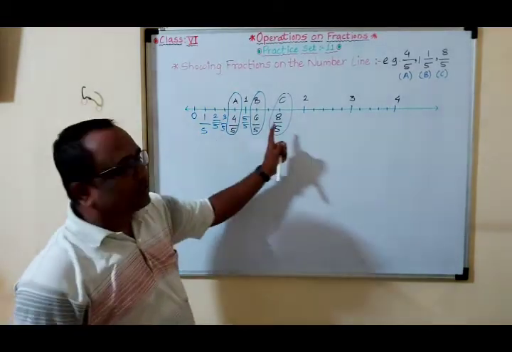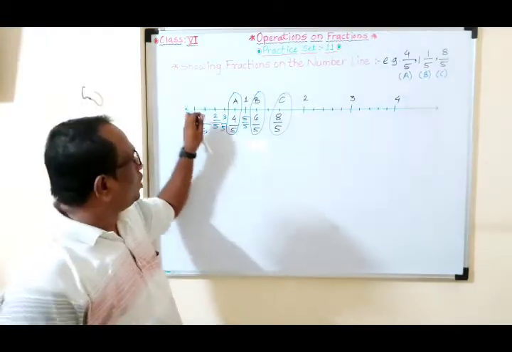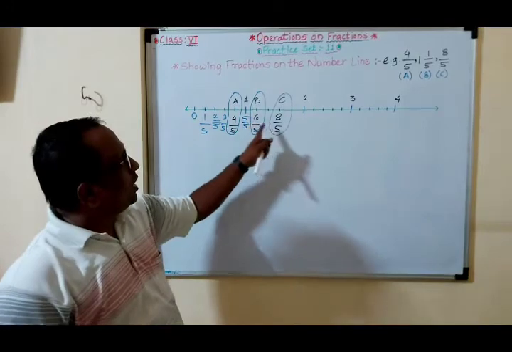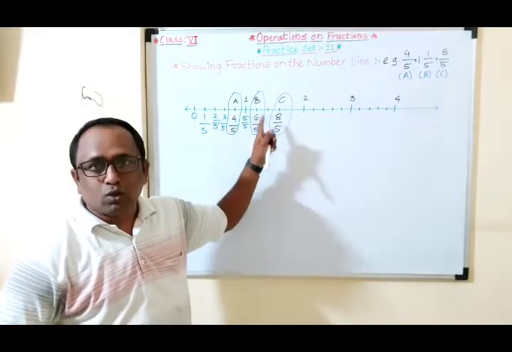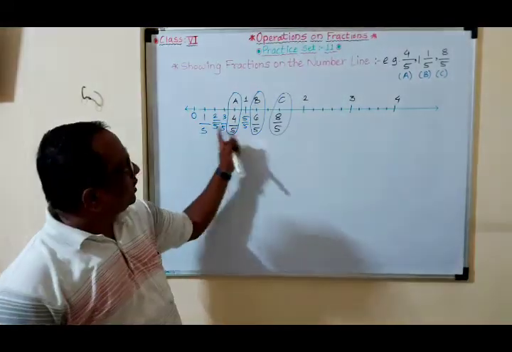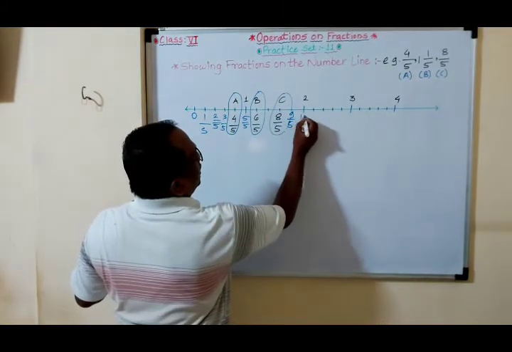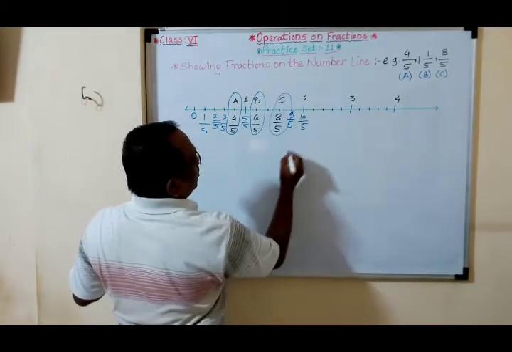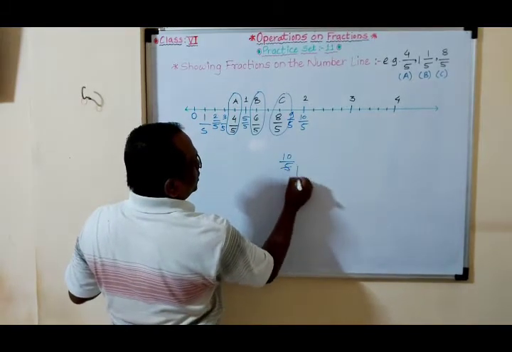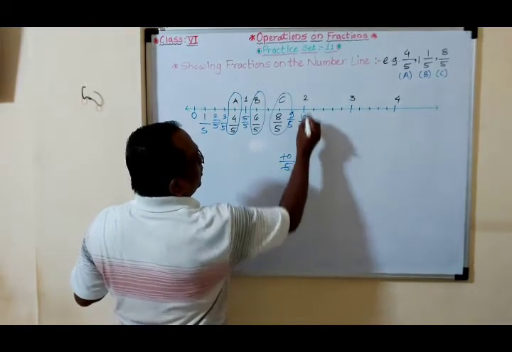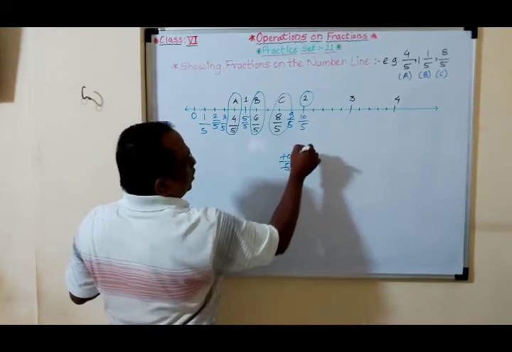If you write all the fractions, you can write this way also, otherwise no need to write, directly you can write our given fraction. You have to show the given fractions. Okay, otherwise like this way also. Now here 8 upon 5, then here 9 upon 5, 10 upon 5. Now see how this 2 comes. 10 upon 5, 5 1s are 5, 5 2s are 10, so 2 upon 1 means 2. So that's why here 2 is there.